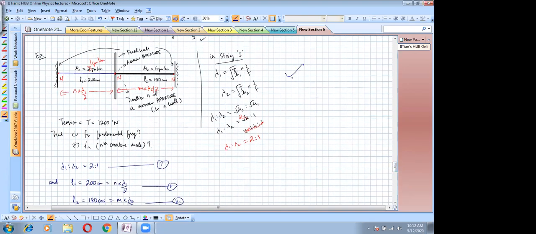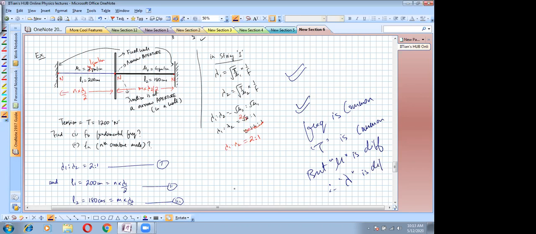First of all, frequency is common. Tension is common, but mu is different on both the sides. Therefore, lambda is different. So to apply two standing wave constraints, that L1 is an integer multiple of